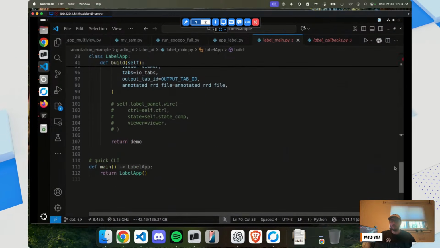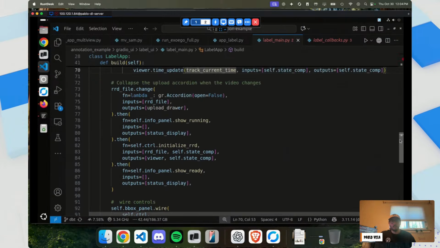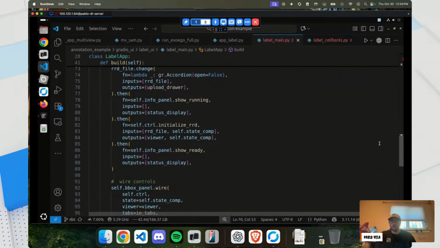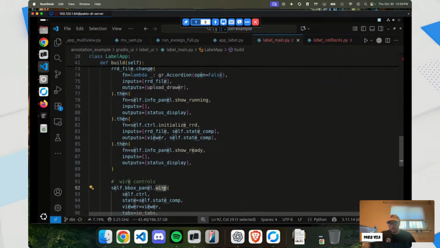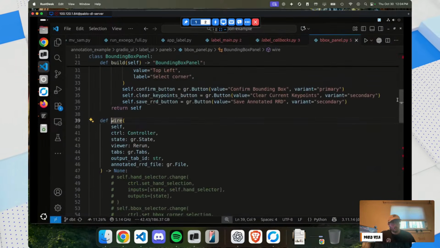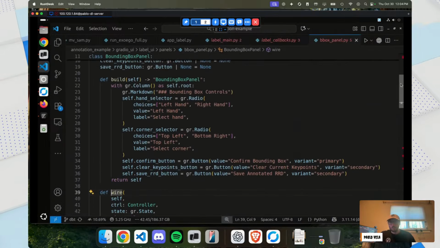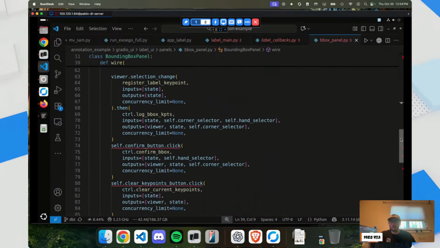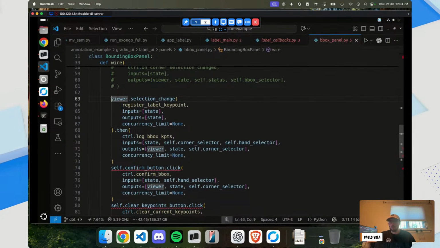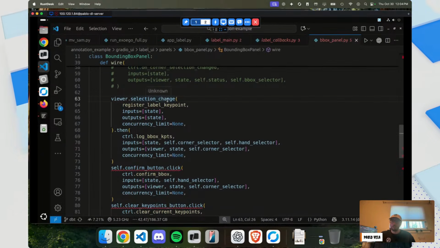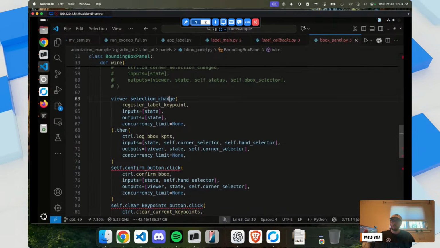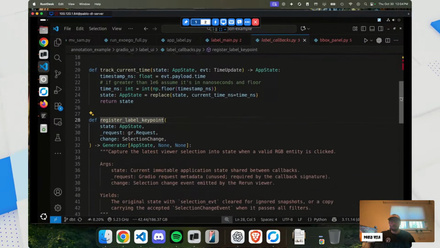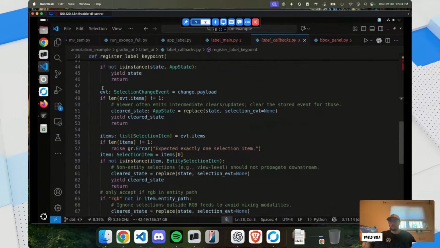There's another callback to basically register when you actually click. So to allow this to happen, which I believe is in this one here. This is definitely more of an involved app, as you can imagine, if I'm trying to build something like this. So yeah, this one right here, which is the same viewer, right? Instead of doing the time change, we're doing a selection change. So when we click on something, this lets us register a key point, and with that, you can imagine, we get a payload.